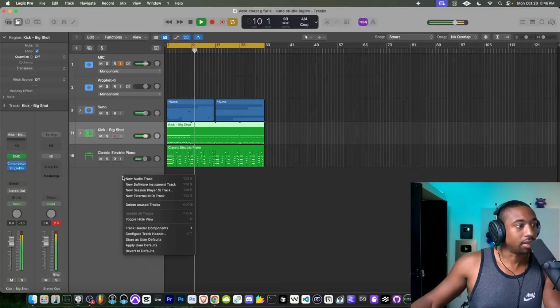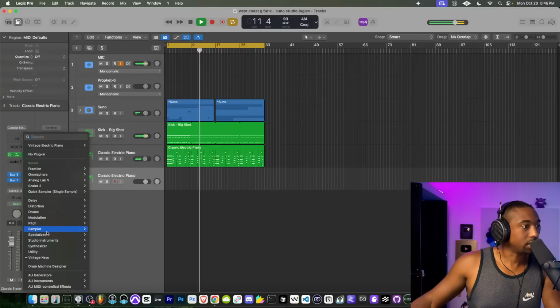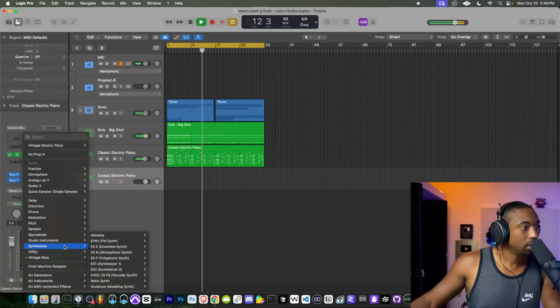Now it's just about adding a bass line back in. I mean, you guys can see how much work goes into this. Let's open up what's called the retro synth.